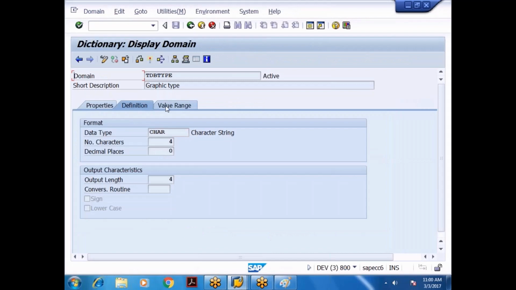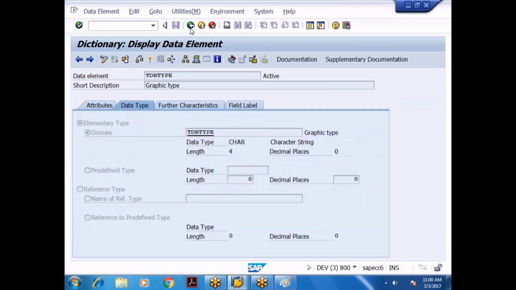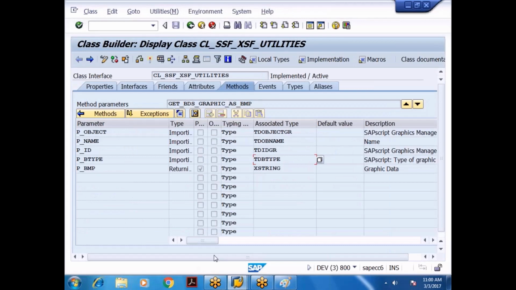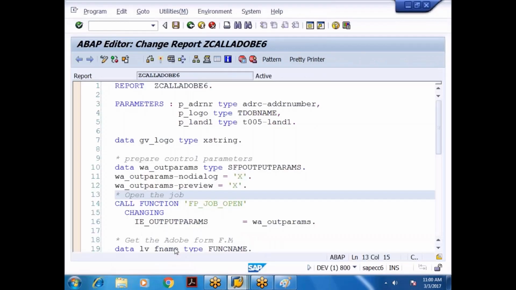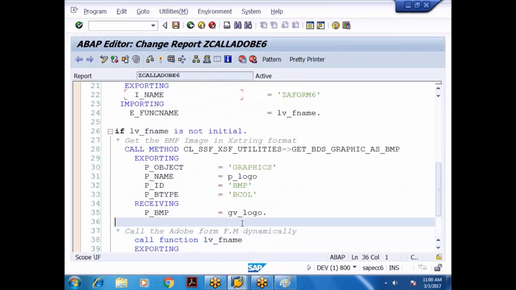What are the values here? BMON and BCOL. What could be the issue? Graphics, P_LOGO, bitmap, BCOL. I tried this earlier also. Why is it not coming?